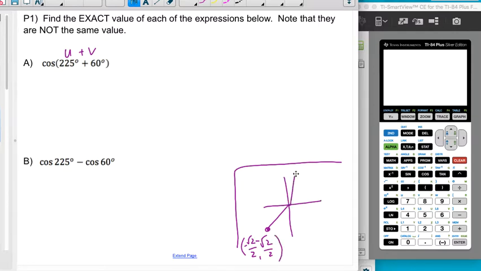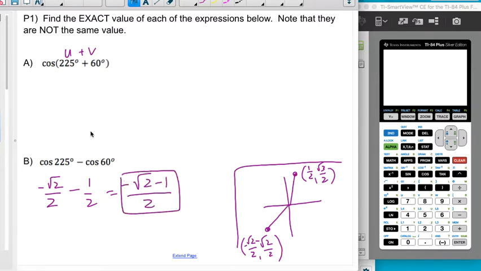And 60 is this point right here, which is a 1/2 and a root 3 over 2. All right, so this one I can actually bust out fast, so let's just bust out b right away. This is a negative root 2 over 2 minus a 1/2, or a negative root 2 minus 1 all over 2. For the other one, though, I'm going to have to use this formula cos,